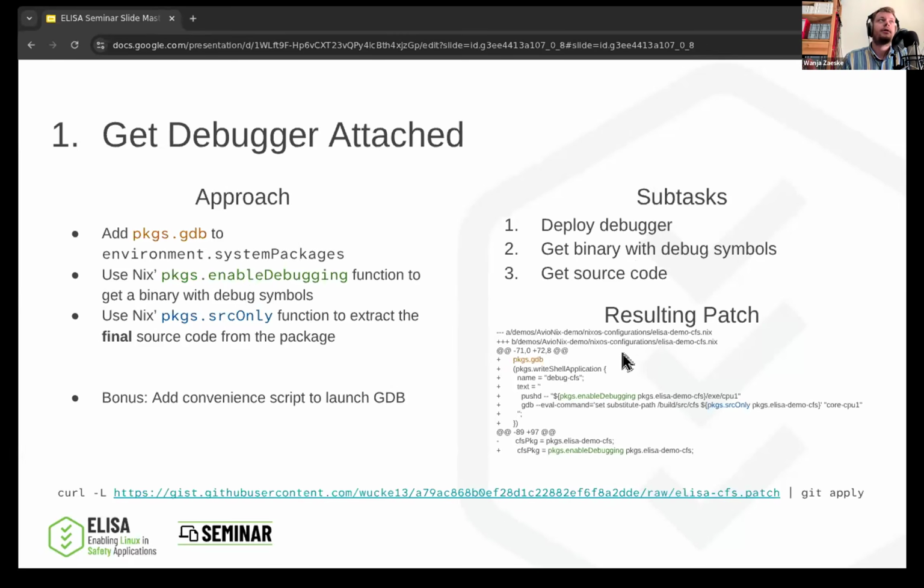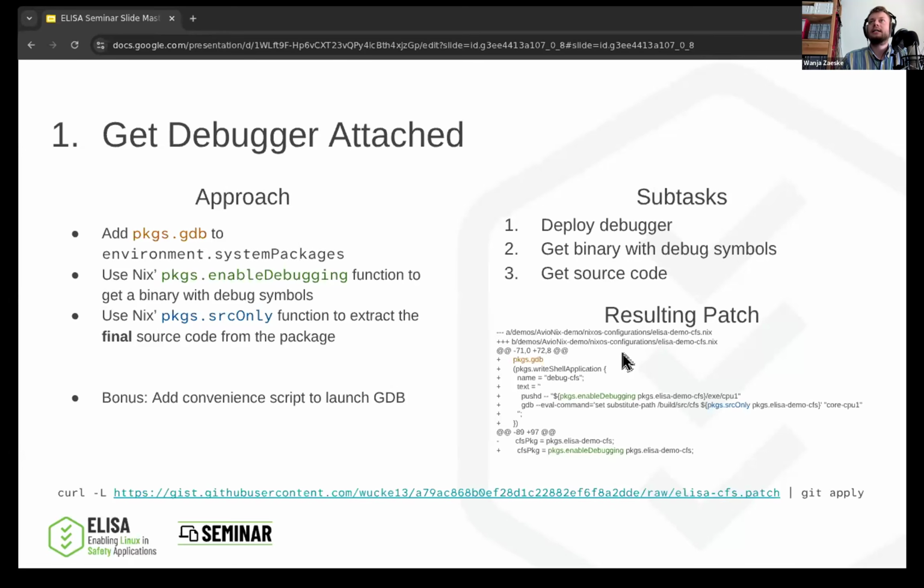The last thing that we need to do for the debugging is to get the source code. Now you may say, hang on, we do have the source code, there's a tarball, but that is not necessarily the final source. Most of the time when distro packagers package software, they have to apply some patches to make the software work on the given distro. We've seen this with the Linux kernel, for example, where we did a rewrite of all the script paths for the Nix store bash shell. It's also common that during the build you run a configure tool, which maybe even just generates header files, which obviously are missing before they were generated.